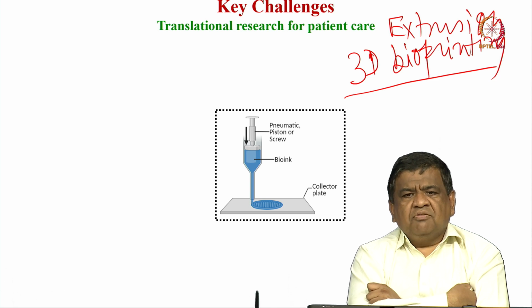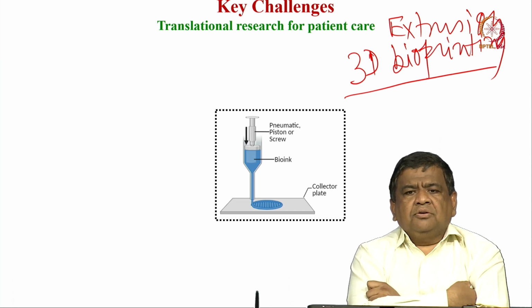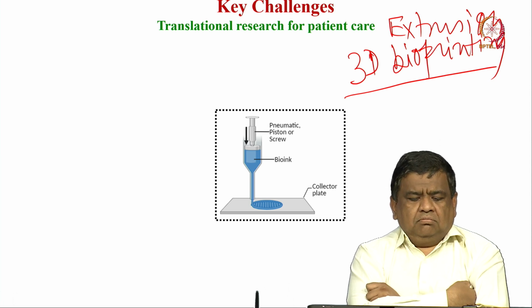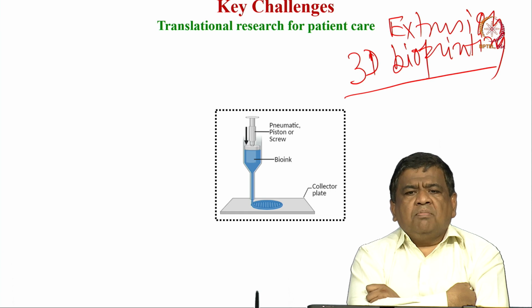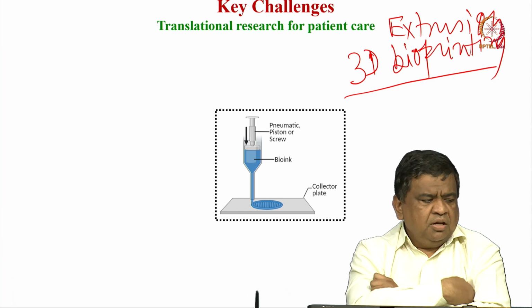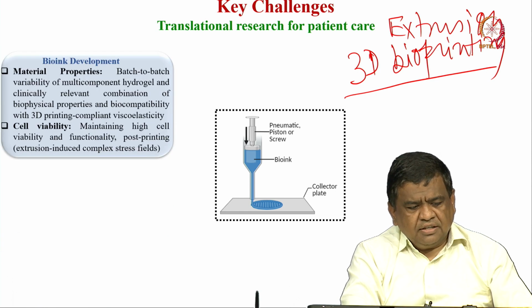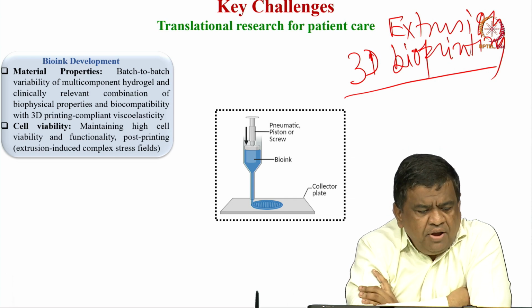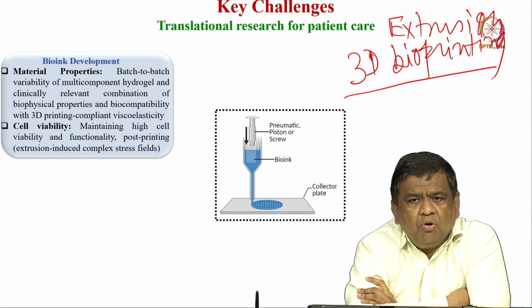So this is the center of the slide, you can see this is the standard 3D extrusion printing. This is the schematic illustration. Essentially you can grow different type of structures depending on the properties of this particular hydrogel, or depending on what is the kind of 3D printing parameters that you are utilizing in this particular case. The first and foremost is that bioink development. Now bioink development, there is that material properties. So let me explain these things with more examples.